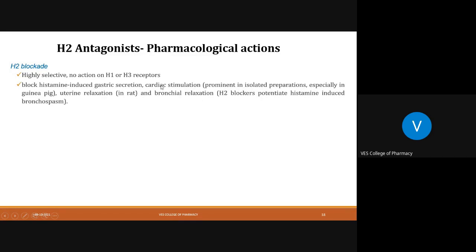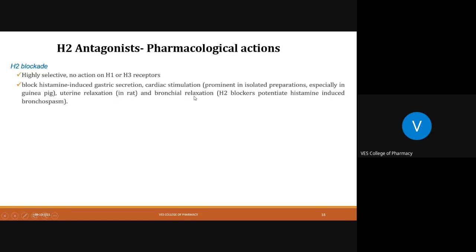Okay, so that can show the cardiac stimulation, but there are some reports related to the cardiac stimulation. Then another effect, they also have uterine relaxation, but not in human. So it is seen in the rat uterine muscle. Bronchial relaxation can be seen in the human also,